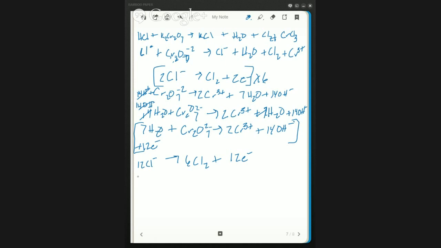And I'm going to simplify that with my 7 water plus our dichromate to chromium 3 plus